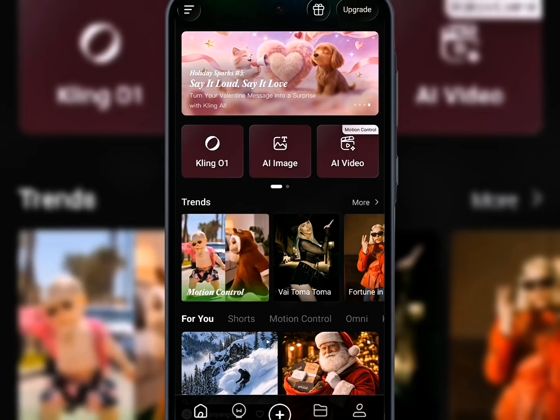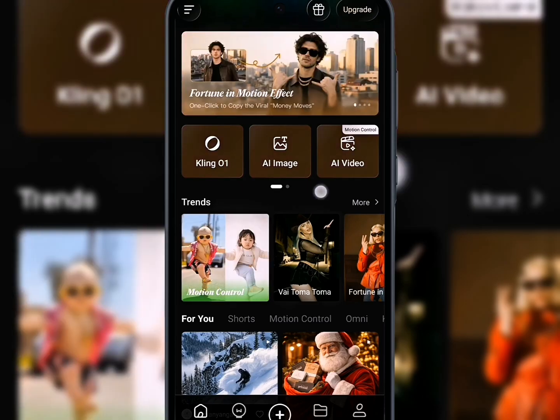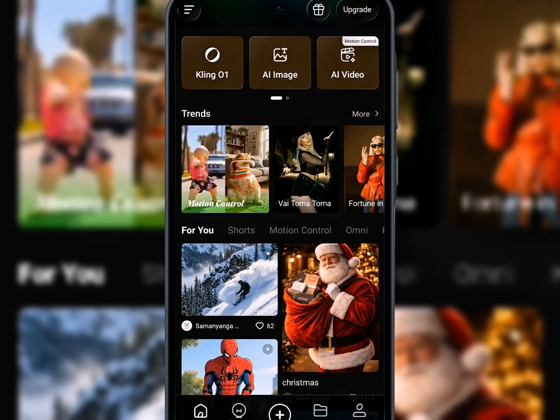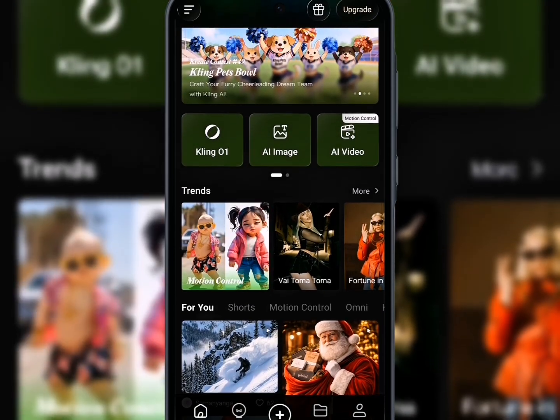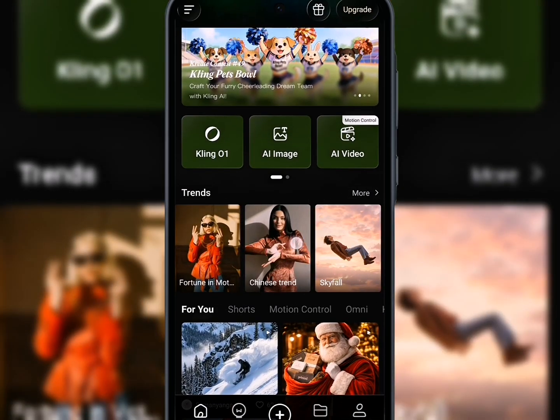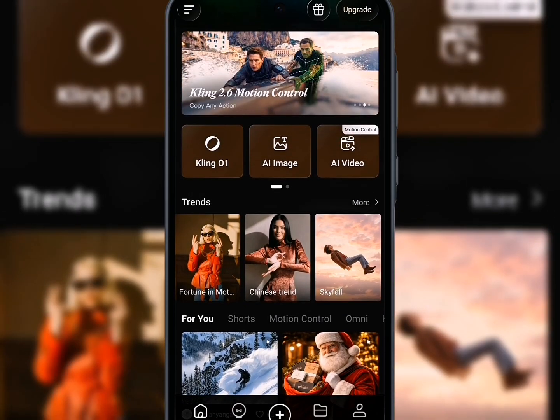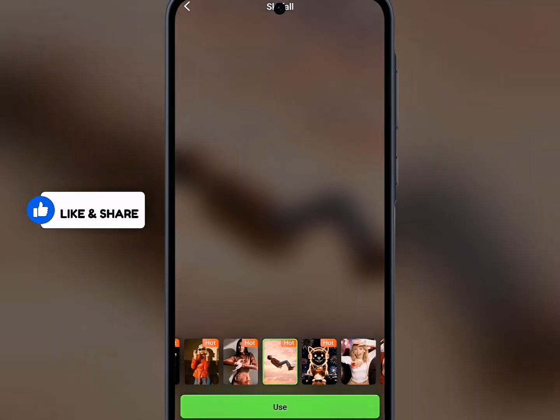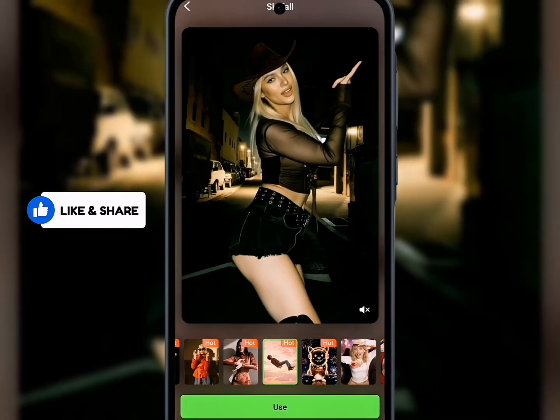So once you open the app, you are going to get on the home page like this. Now on the home page, you see the trend section over here. I want you to scroll to the right section, and there you see this section which says Skyfall. Click on that, and it will take you to this page, which will automatically select the effect or the template for you to use. So I want you to click on the use button,